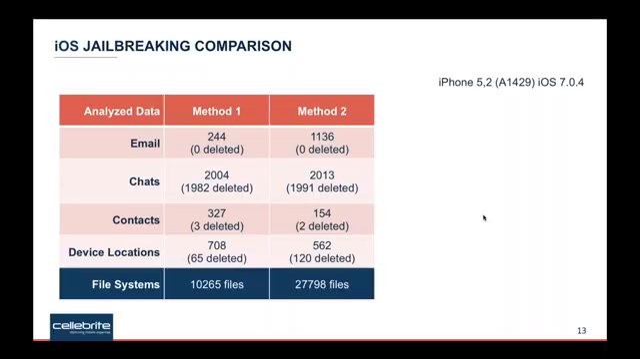A method 2 extraction, and you'll note that this is an iOS 7 device, so it was still possible to extract information using method 2. You'll see that there's a vast increase in the number of emails, a few more chats. There's less contacts and less device locations, and that's just basically the nature of the extraction process. And as always, it's important to try as many extraction types as possible, given the time frame that you have